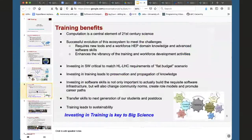I cannot emphasize more. The training has lots of benefits because computation is a central element of all that we do in this era. Also, with the new tools and workforce, HEP domain knowledge is needed to propagate the work that we do. We also feel that investing in this kind of training, and software training especially, is critical to match HL-LHC requirements. I'm specifically talking for LHC, but I guess the same thing is applicable to any basic